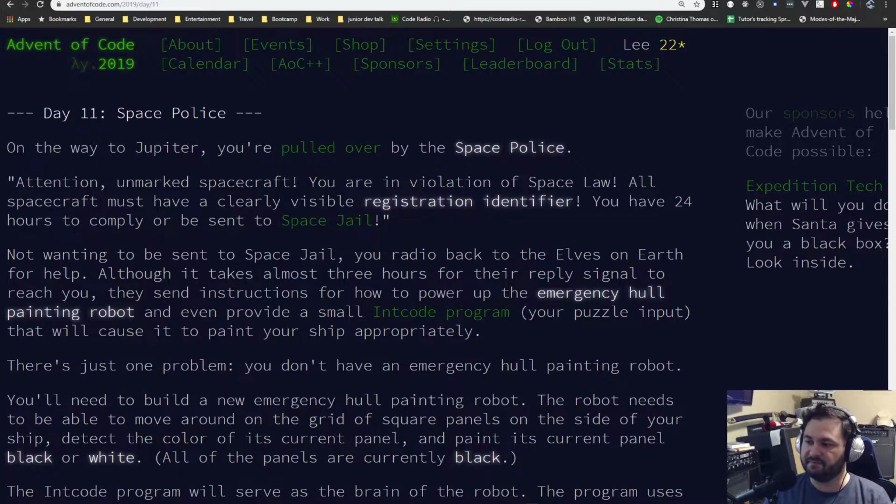So it says, on your way to Jupiter, we're getting pulled over by some space cops, and they say, hey, you don't have basically a space license plate, and if you don't get one or register or whatever, you're going to space jail. So today's problem is going to run on the Intcode program from days, what is it,